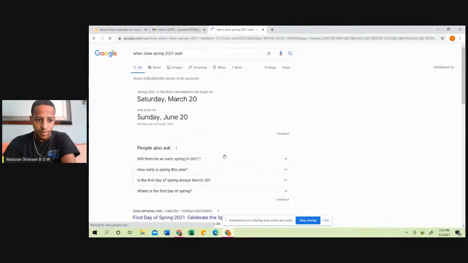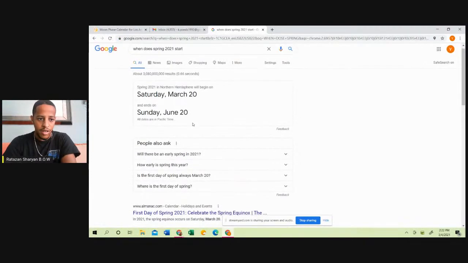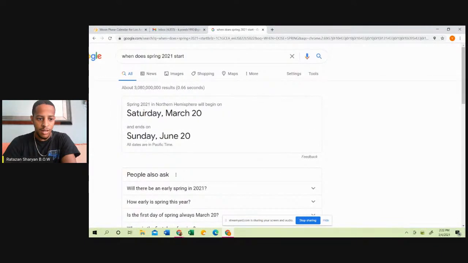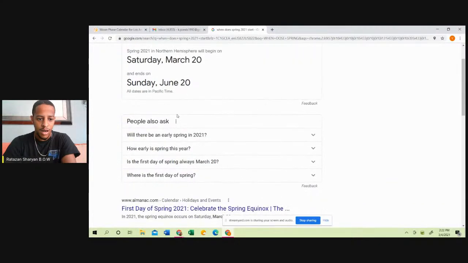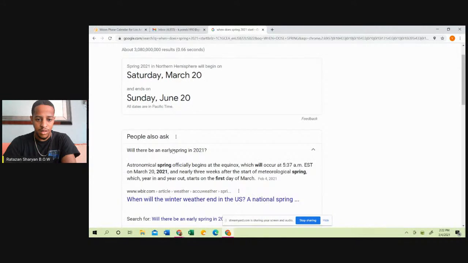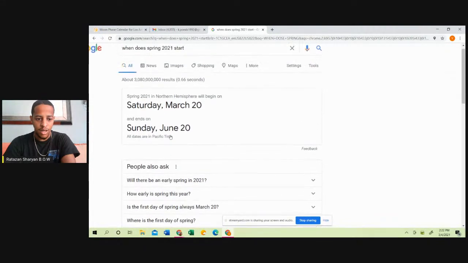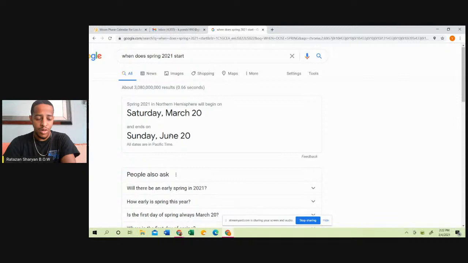All right. So here it is right here. So we were looking at the northern hemisphere. Which is the equinox. It's called the Spring Equinox. Okay, you guys can look all this stuff up, right? This is exactly what our forefathers knew. The equinox does not start until March 20th.